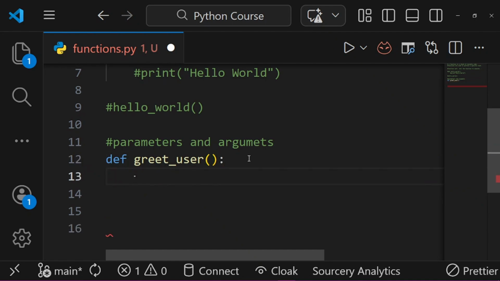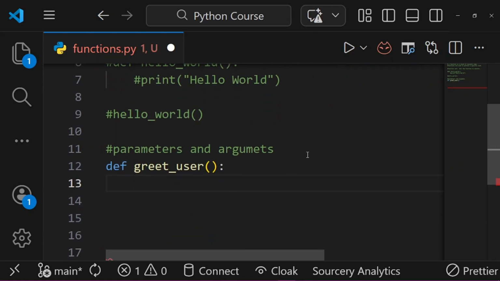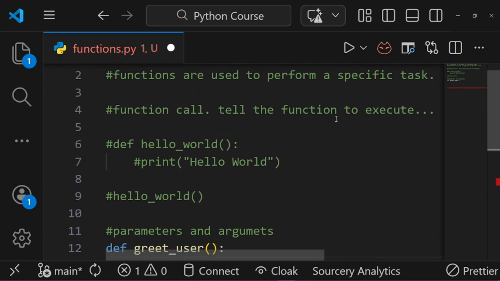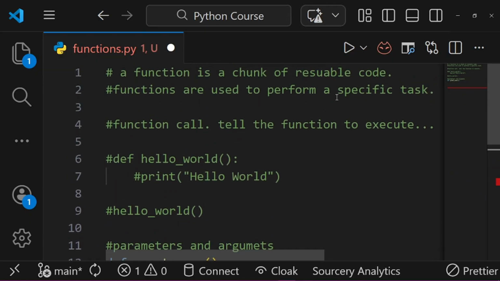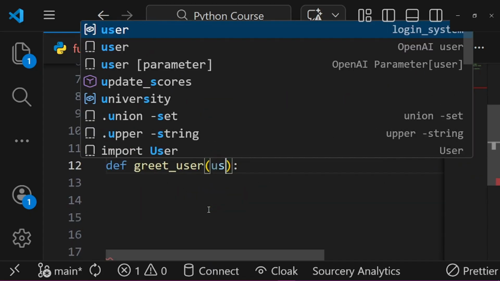Now you realize that different users have different usernames and stuff like that. I mean, you could in theory just use multiple print statements, but that's what you are trying to avoid. Okay, it's a reusable thing. So anytime I have to repeat something, you probably think that, oh, I can use a function. Okay, good. Now since all of our users are going to be very different people, we add something we call